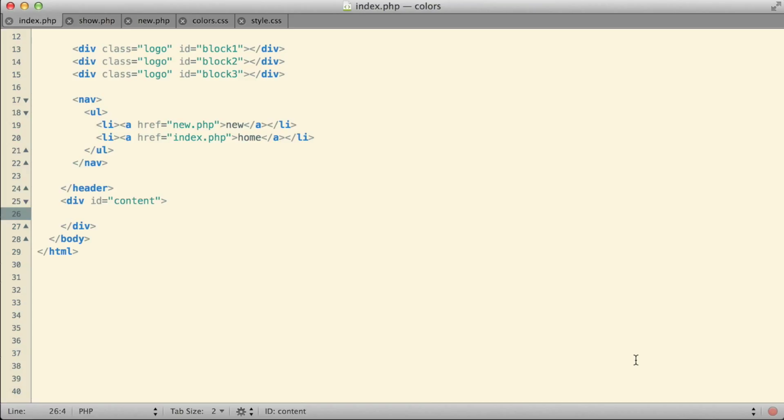Despite the fact that in the last several videos we've done some practice with actually reading data from a file, specifically the color data that we've been experimenting with, I actually wanted to go through the process one more time here in this particular example. What I have here so far is an HTML file, essentially the structure of an HTML document that I've created as a PHP file, of course.